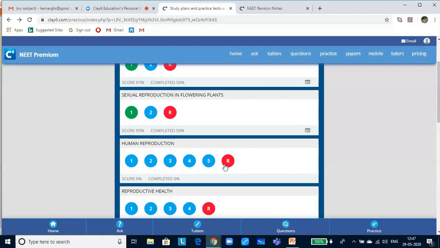And if you have left any test incomplete, it will be shown by a yellow bubble. This yellow bubble indicates that you might have started the test, and after one or two questions you would have realized you're not ready with the concepts, so you may want to quit the test. When you do that, it's an indicator to come back and complete it after learning the concept. Now I hope you have got to know how to navigate the website.